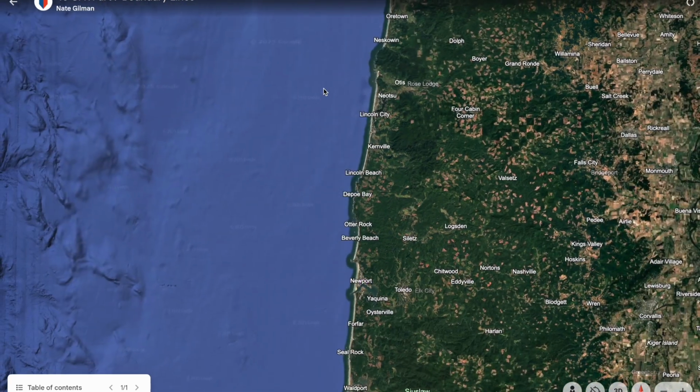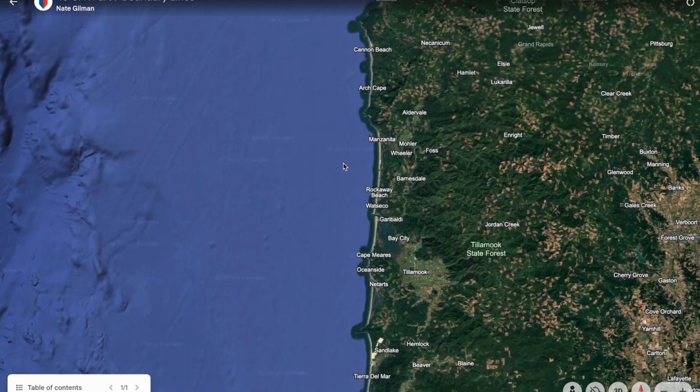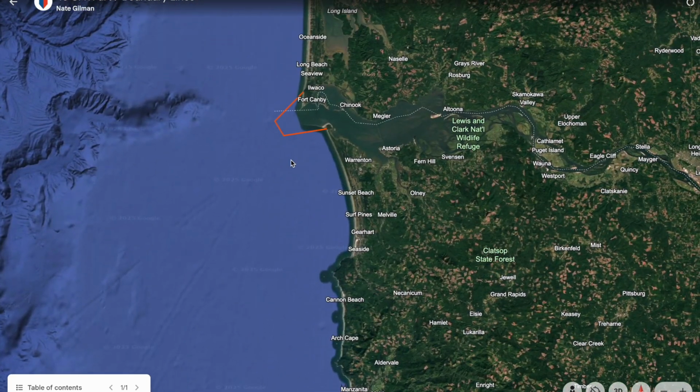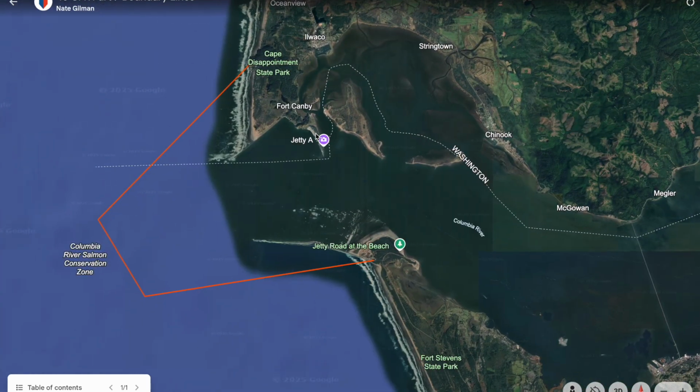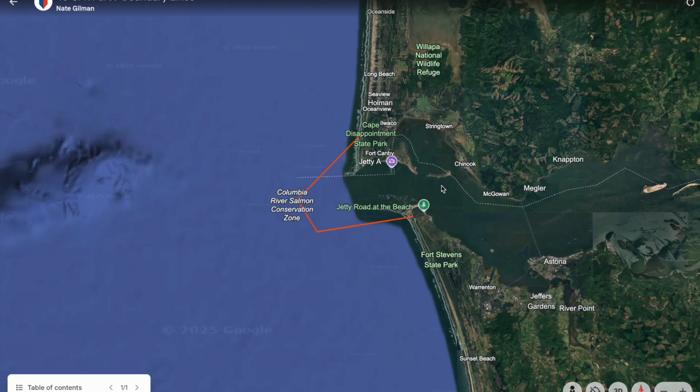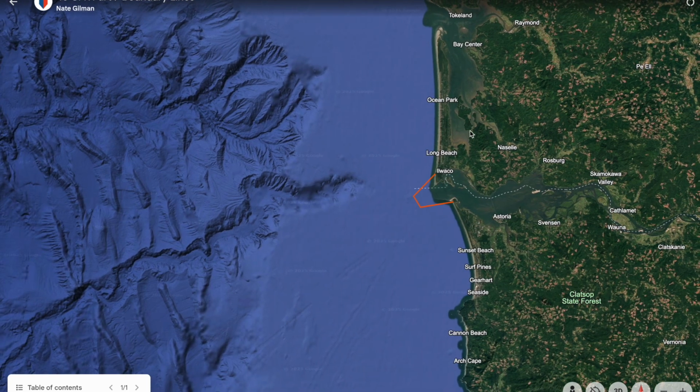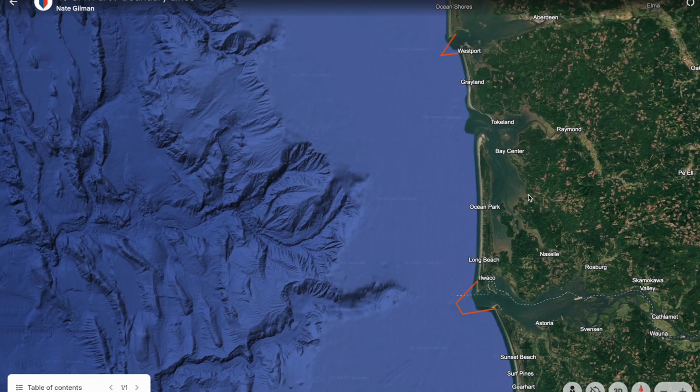It's just common sense. As you make your way across, you're going to see here with Ilwaco and the Columbia River, this is all inland waters, right? So coming from Cape D and coming over to Fort Stevens, this is all inland waters. All the way up the Columbia River is inland waters. We don't have western rivers on the west coast, so that's all still inland waters going all the way up.